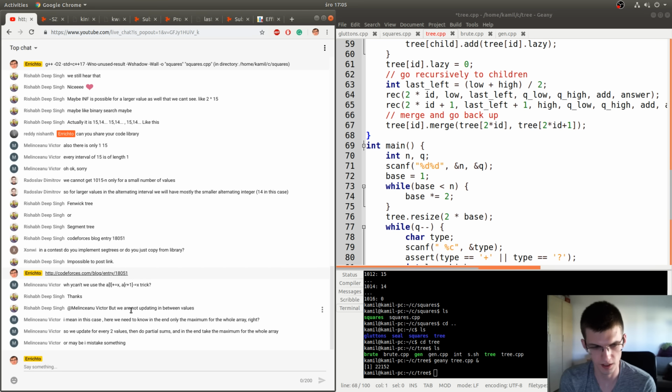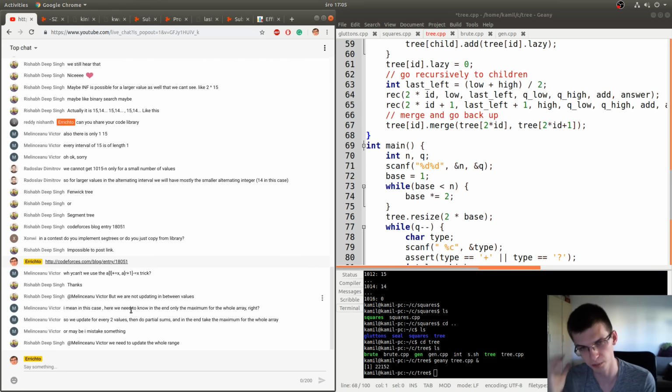Victor says, so we update two values, do partial sums. We must get logarithmic complexity. The thing is that after every query, we should be able to answer what is the maximum value in some interval, or here maybe in the whole sequence. If you every time do partial sums that are linear in complexity, in total you will get n squared, because you have n updates and queries, and you do partial sums in linear complexity.